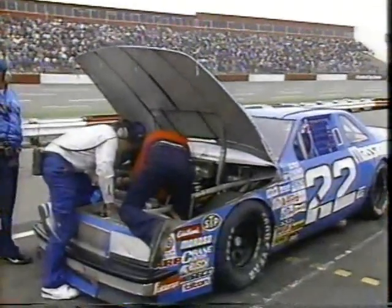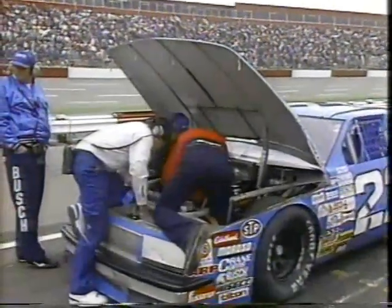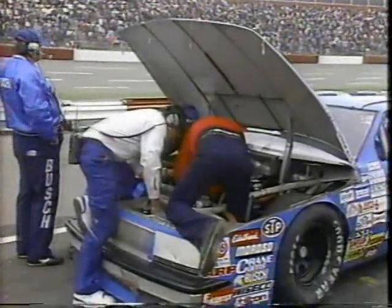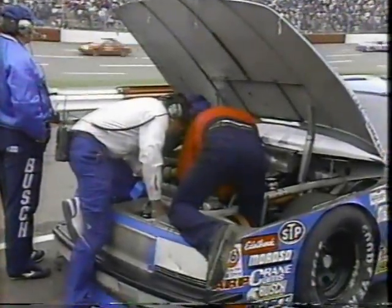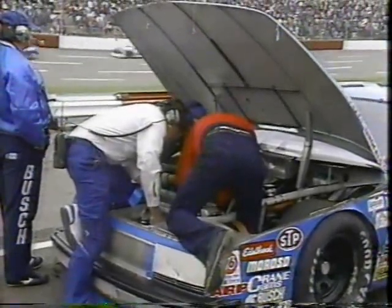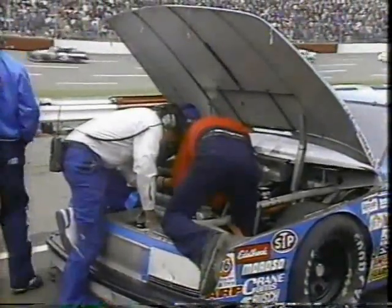Well, Ned, we've already documented the problems before the start of the race for Rick Mast, having to change that manifold and the excessive smoke coming out of the headers, but that's not the problem right now. You see, they burned out a coil, and they're replacing the coil, and this caution is somewhat expeditious for them, because now at least they'll be able to do it and not lose as many laps because it's under caution rather than under green. Let's go back up to you. Can you imagine that you look like the engine's gone, you have to change the intake manifold, you get that problem licked, and